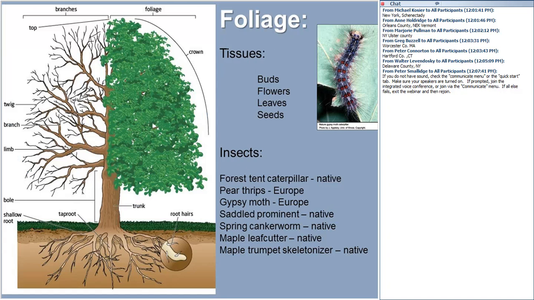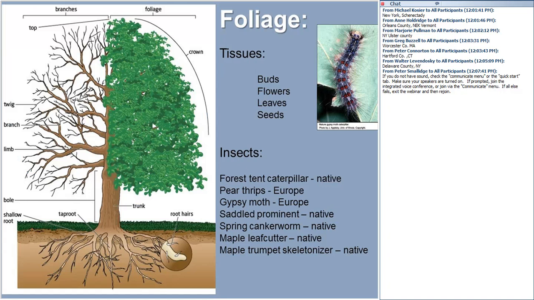So basically, foliage is a very important tissue for the tree. We got buds, flowers, leaves, and seeds, and without leaves, the tree obviously won't grow. And whenever the leaves are consumed, that impacts the tree, but it depends on when the tree is defoliated. There's insects that specialize early in the year. The damage from those early defoliators is much more intense than the damage from those that feed later on in the season. But I'll submit to you, I think that damage to the foliage always influences the sugar production or the quality of the sap.